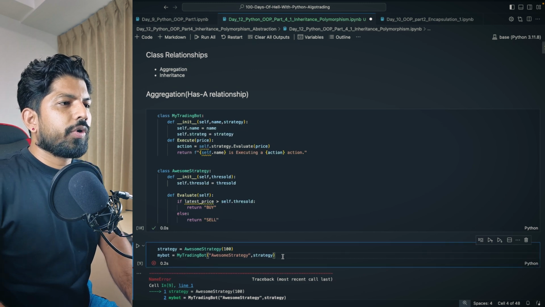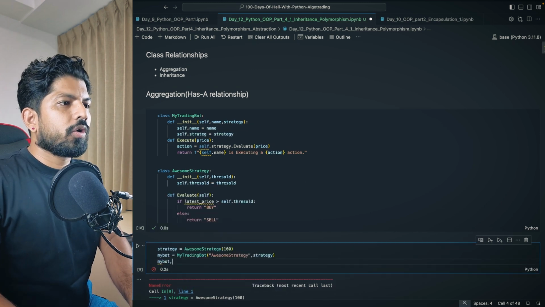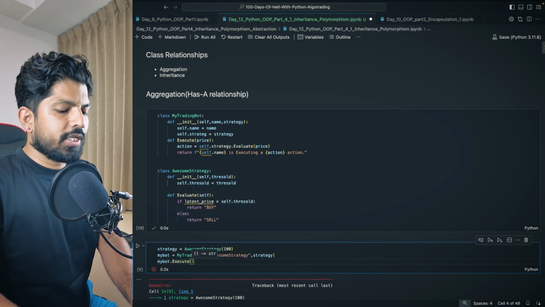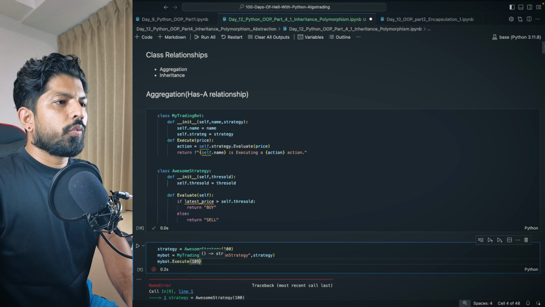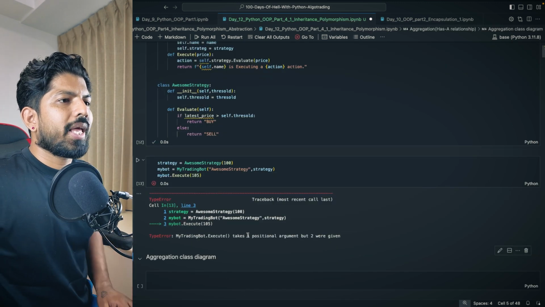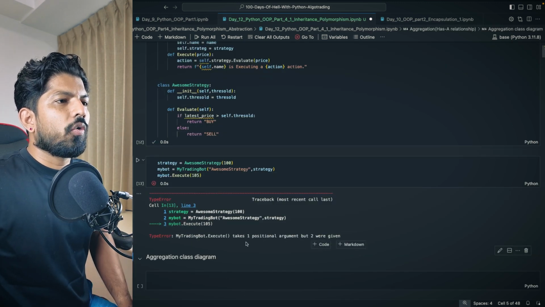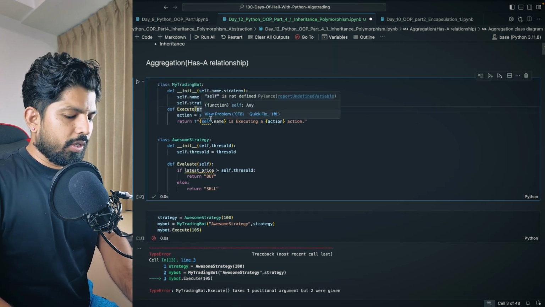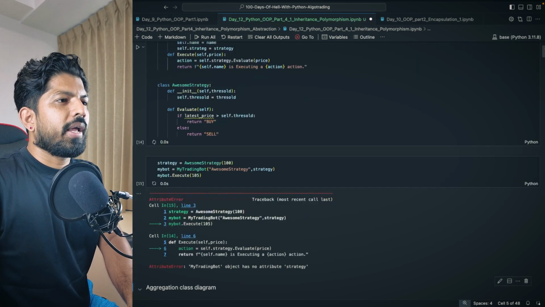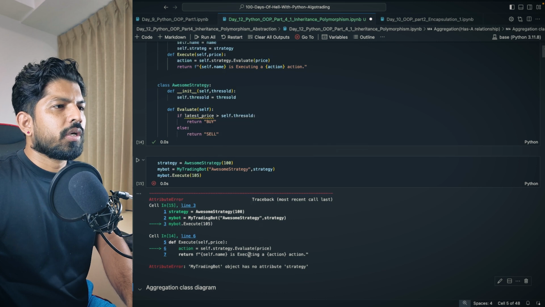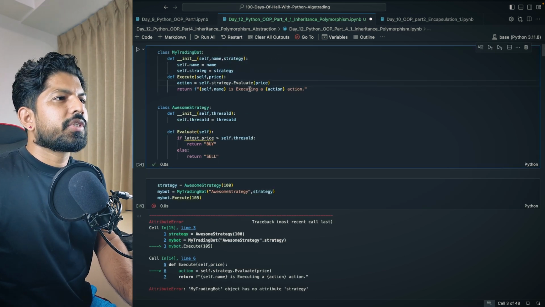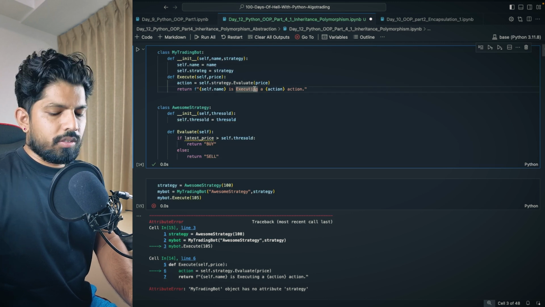So we'll write my bot dot execute, and now we can give the price. So let's say it is 105. When I hit shift enter, it throws an error. It says takes one positional argument but two were given. So we have to give self also here, and now it says object has no attribute strategy. In my trading object, we made a spelling mistake. I will change this, and hopefully